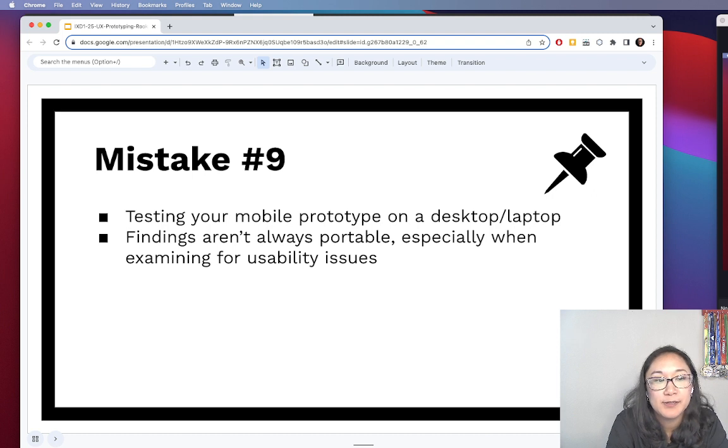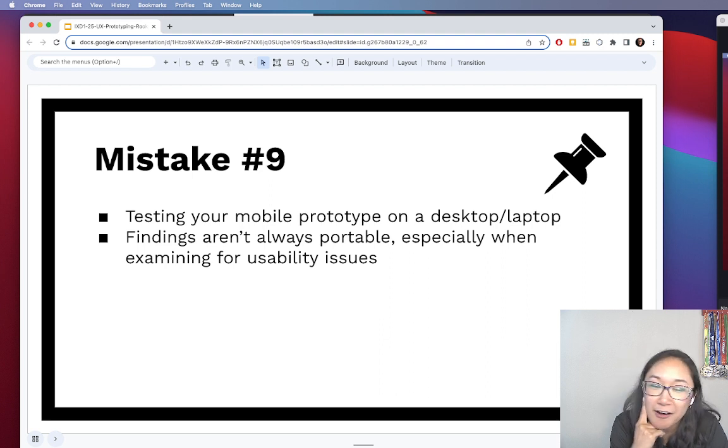Okay, so next mistake, and I have done this, is testing your mobile prototype on your desktop. So a mobile app can be designed on a desktop, but when you're testing it, not just you as a designer clicking around on it, but when you're sending it off to other people to test, they need to test it on the device that you designed it for. And I've made that mistake before where I designed a mobile experience and I sent out a usability test where they were testing that mobile